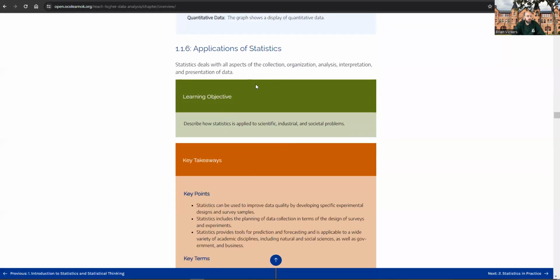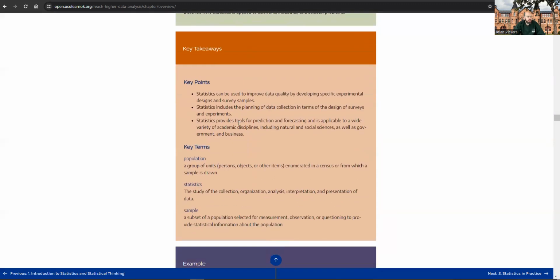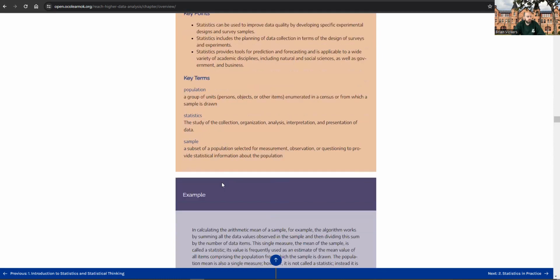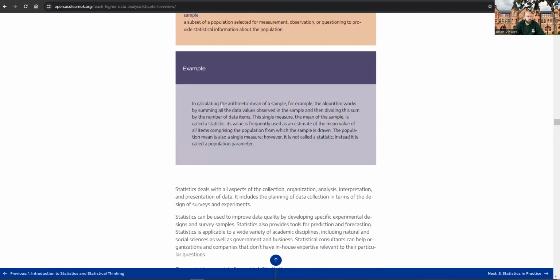Applying statistics. So collecting, organizing, analyzing, interpreting, and presenting the data. Kind of a retread on what we talked about: population, statistics, sample. All these have been talked about already. We talk about